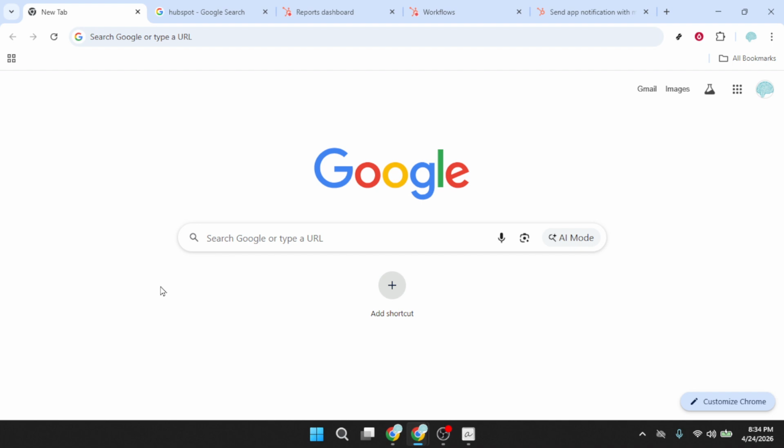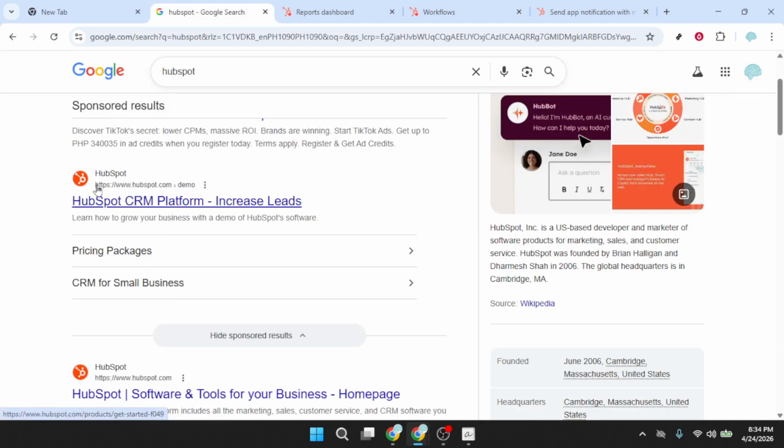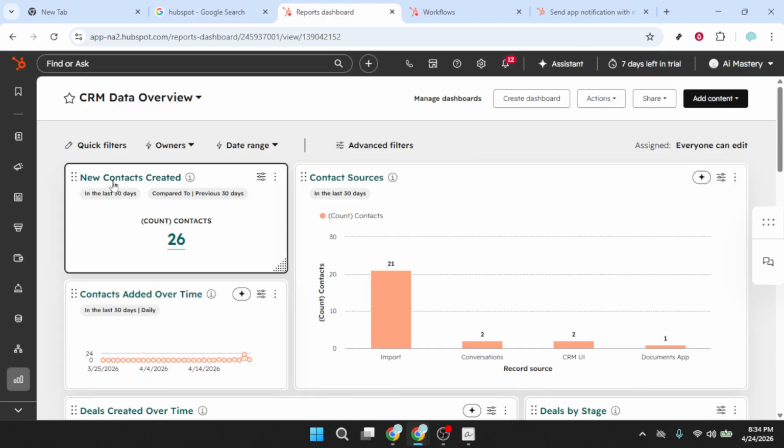Start by opening your browser and heading to Google. Type HubSpot and open the official HubSpot website. Log into your account with the credentials you normally use. If you're working in a shared portal, make sure you have permission to edit workflows so your changes can be